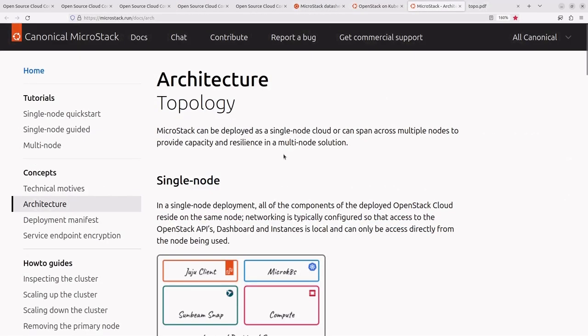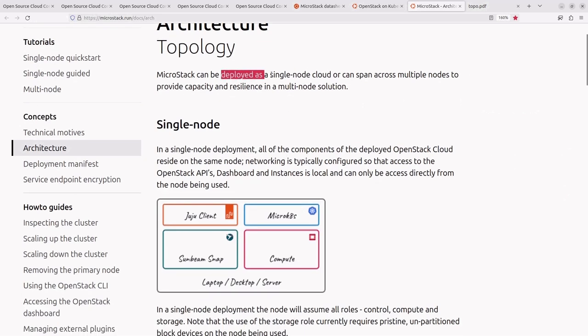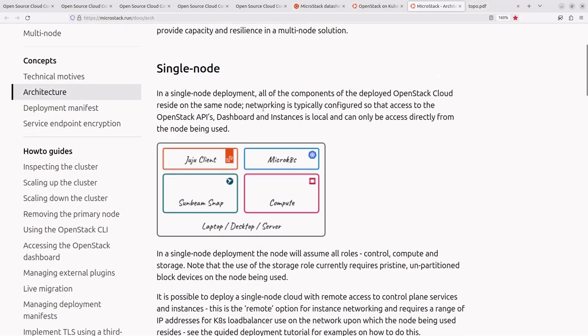Now let us look at the architecture of MicroStack. MicroStack can be deployed as a single node or it can span across multiple nodes. In a single node deployment, there is one server or physical machine here, and you install all these packages: the OpenStack services, a Sunbeam Snap store where you get these services from, and MicroK8s and this Juju client. This will help you get this software and install it on your edge or virtualized environment